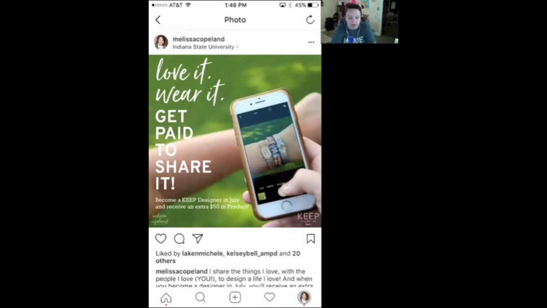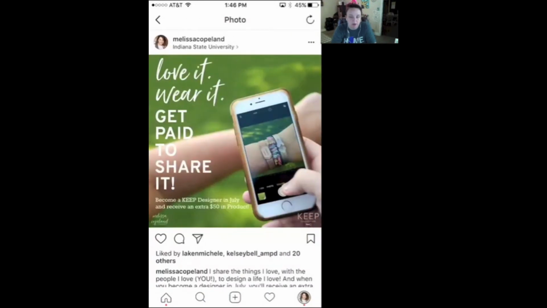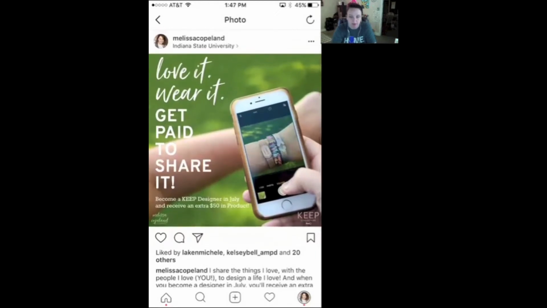two Instagrams. Like I have, if you come up here, I have a couple of different Instagrams. I don't really use those very much anymore, but you can do that. So if you aren't comfortable having a public Instagram, then I would suggest creating a public one just to use for your Keep business. So second, when you post a photo, unless you post a hashtag with it that people